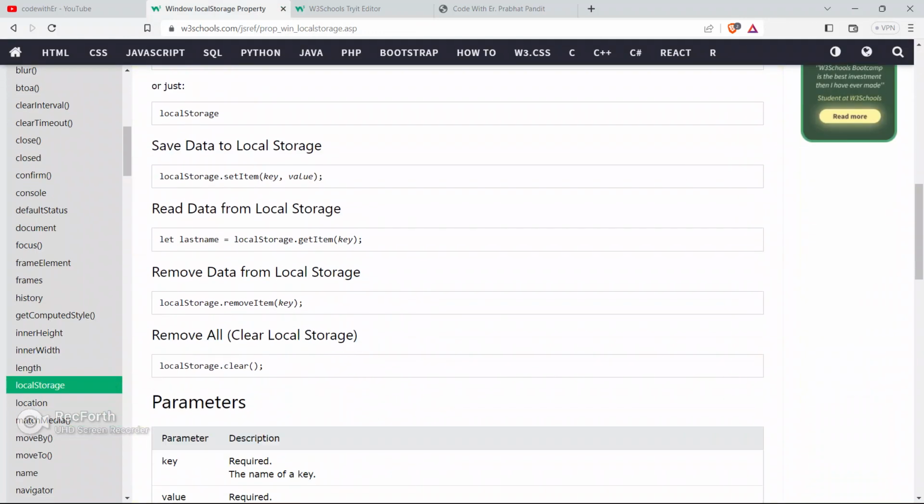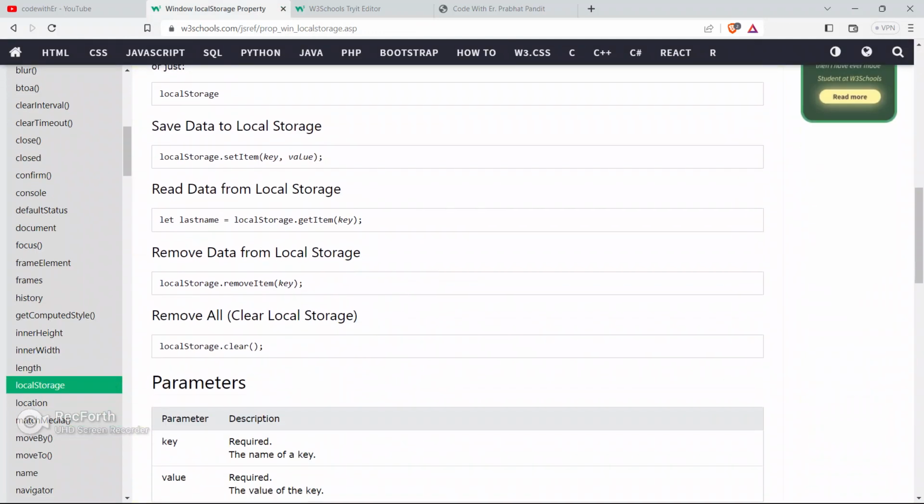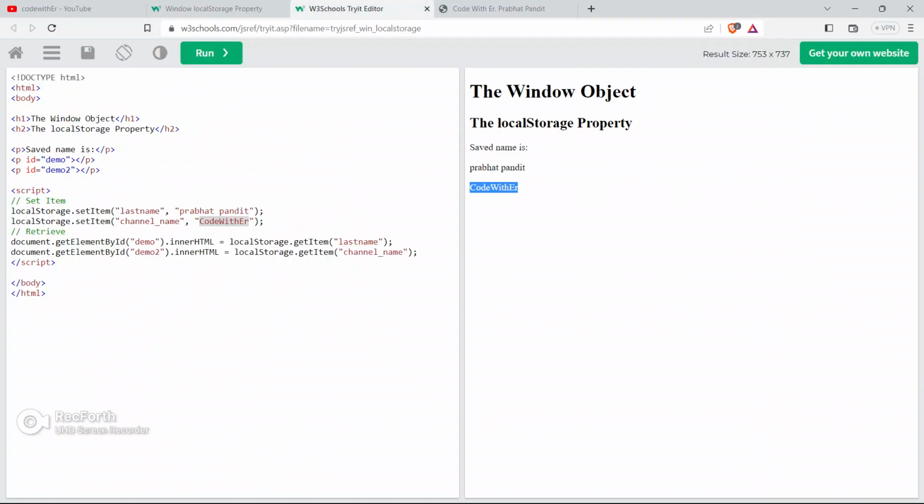To get data from the local storage, we have to use localStorage.getItem, and we have to provide the key name here. I have already saved it there; this is the key and this is the value. The key name is channelName and the value is Code with ER.